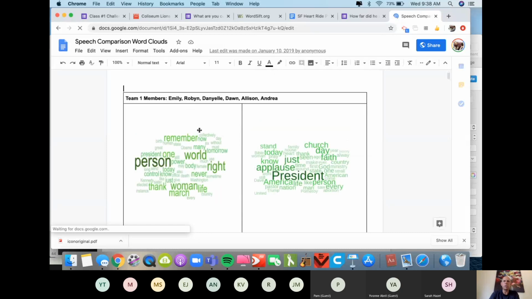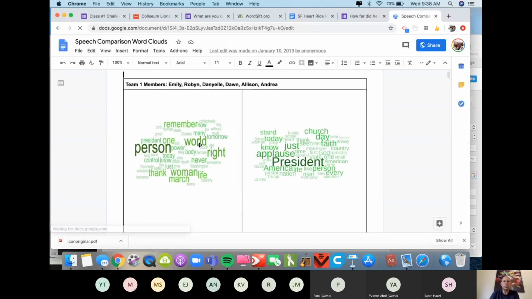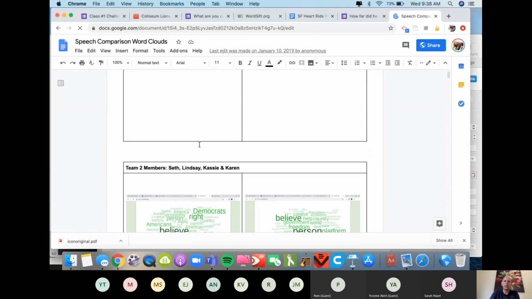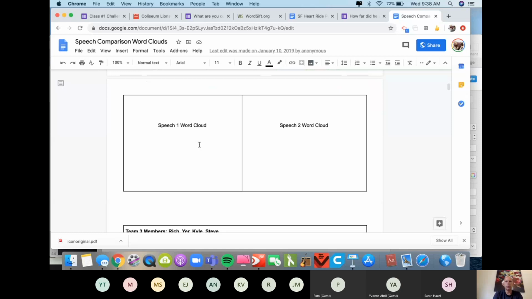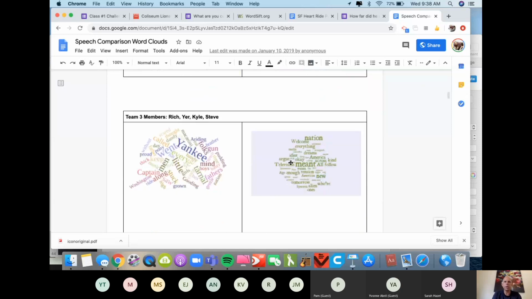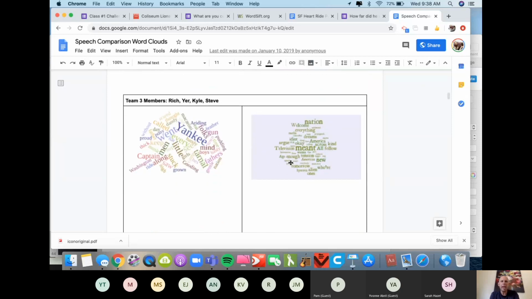So this is one group that created these two clouds. This other group created these two clouds. I don't know where these are from. Literally, this is the activity taken from the teacher's classroom. Here we have these two clouds. But when we look at them very closely and analyze them, a lot of things can come up.